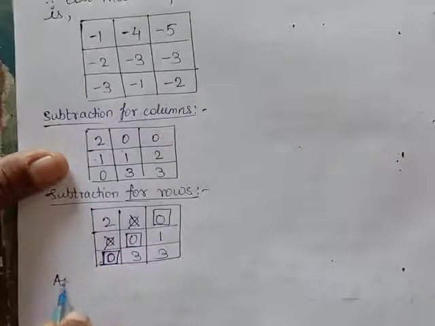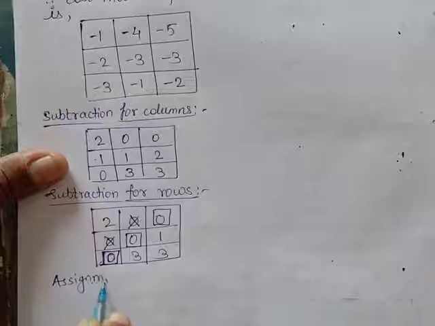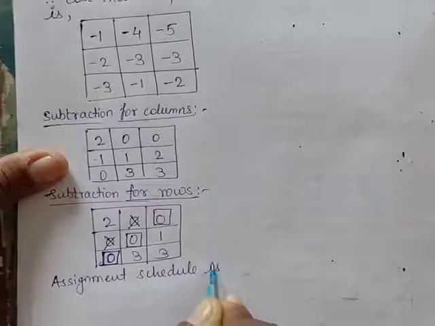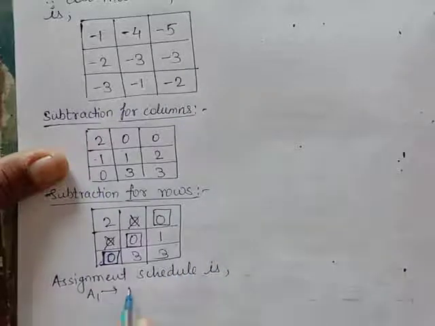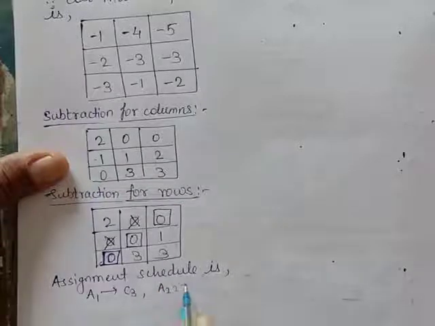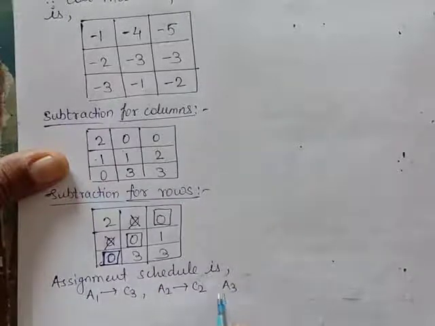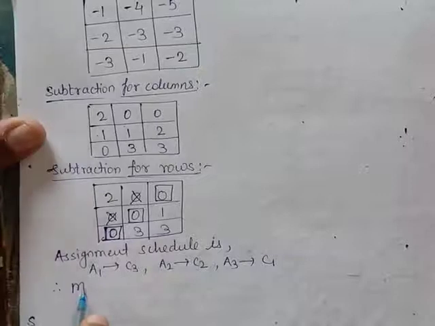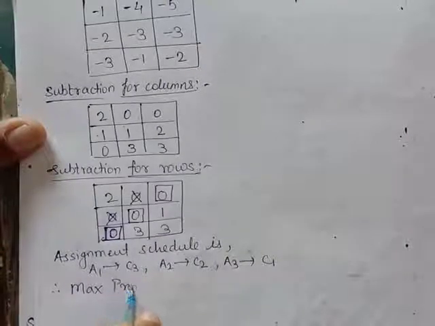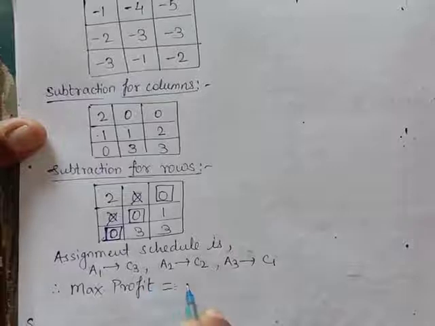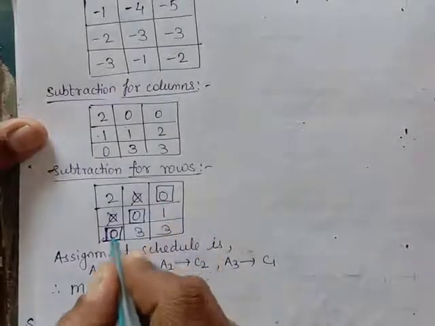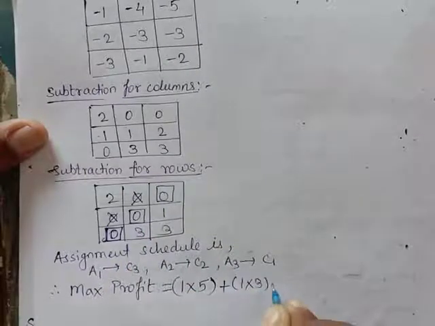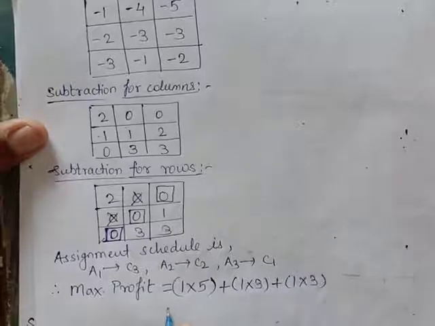So the assignment schedule is: A1 is assigned to C3, A2 is assigned to C2 and A3 is assigned to whom? C1. Therefore the maximum profit is what? Again the same positions, so same costs: 1 into 5 plus 1 into 3 plus 1 into 3, so that will give us 11 lakh